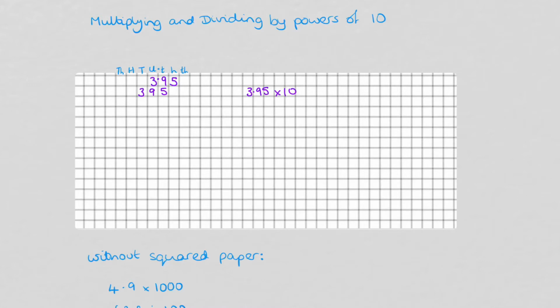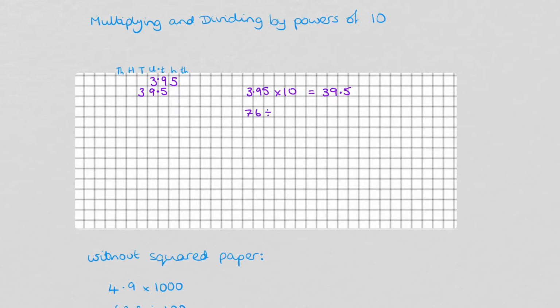But do bear in mind that the decimal point always stays where it is. Okay, we don't move the point. So the answer to 3.95 times 10 would be, we can see 39.5. Okay, if we were to work out, let's say